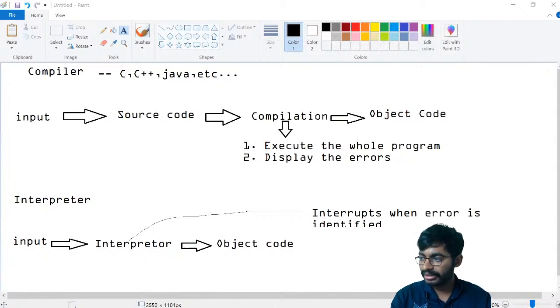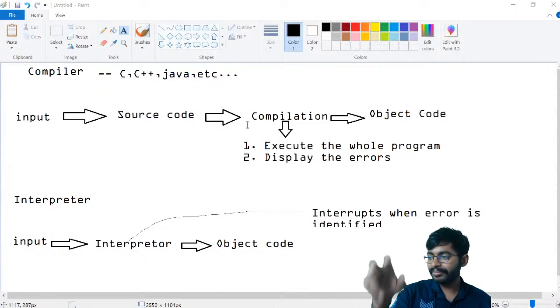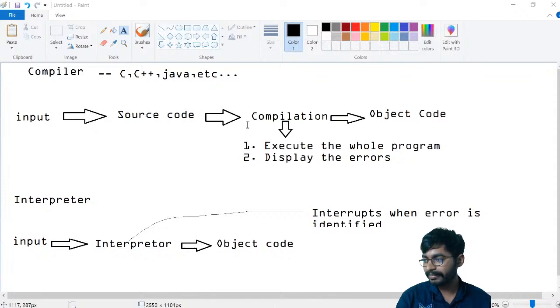Here, the source code is taken as a complete process. If you have 10 lines of code in C++, those 10 lines will be executed, and only then will it show where the errors are: line 3, line 4, line 7, line 10, these portions have errors.